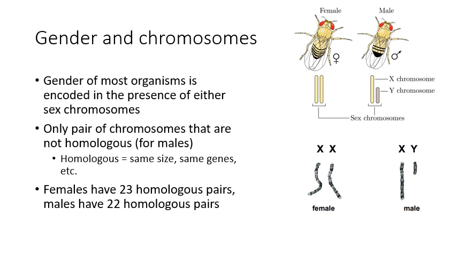So we talked earlier about how there are these homologous pairs. Again, homologous means approximately the same size, the same genes. So they're encoding for similar things. One particular gene could be a gene for eye color. It's actually a little more complicated than that, but in the simplified version of looking at genes, we could say there's a gene for eye color. So each organism could have a gene for eye color, and that would be on a specific chromosome. And even though different organisms will have different chromosomes, they'll have the same genes that they're encoding for. So each chromosome at a certain location will have a gene for eye color.